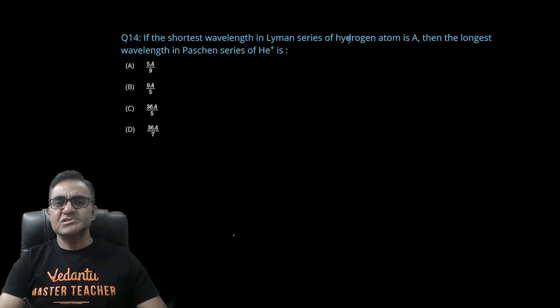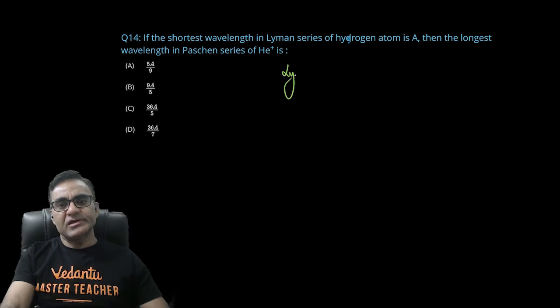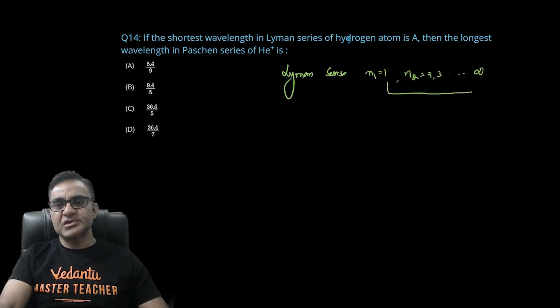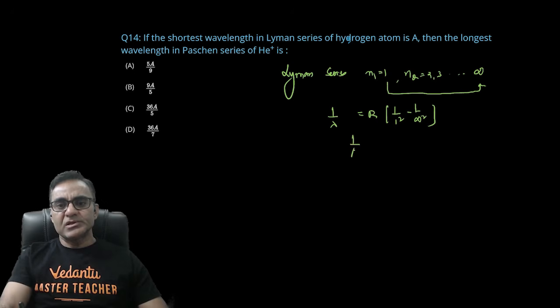If shortest wavelength in Lyman series of hydrogen spectrum, hydrogen atom is A, then the longest wavelength in Paschen series. All right. Lyman series के लिए N1 की वैल्यू 1 होती है और N2 की वैल्यू 2, 3 एंड सो ऑन इन्फिनिटी तक। अभी बोल रहे हैं शॉर्टेस्ट वेवलेंथ, इसका मतलब एनर्जी डिफरेंस हाईएस्ट होना चाहिए, तो 1 टू इन्फिनिटी हो गया। तो 1 अपॉन लैम्डा इज इक्वल टू R Z स्क्वायर, Z 1 है, 1 अपॉन 1 स्क्वायर माइनस 1 अपॉन इन्फिनिटी। ऑलराइट, और लैम्डा की वैल्यू A दी हुई है, तो 1 अपॉन A इज इक्वल टू R, तो R का वैल्यू 1 अपॉन A आ गया, एक बात हो गई। अभी बोला है कि लॉन्गेस्ट वेवलेंथ इन पास्टन सीरीज ऑफ हीलियम आयन, तो पास्टन सीरीज के लिए